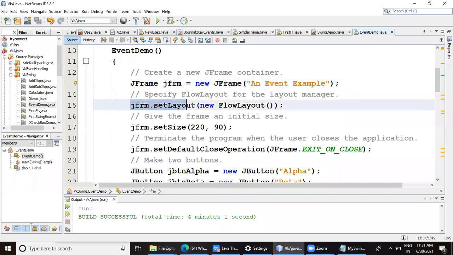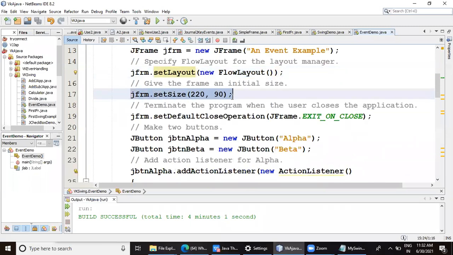Then we have specified the layout. Even if you don't specify, it will take the default layout. Still, how to set the layout? This is just an example. Our frame name is jfrm, so we are going to use jfrm.setLayout. Inside that, we have to call the constructor of whichever layout we want to specify. In our later program, we have grid layout. That time I will explain how grid layout can be used. Right now, understand flow layout doesn't require any values to be passed. So you just have to say new FlowLayout here.